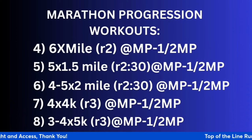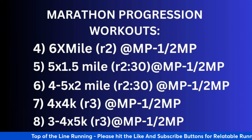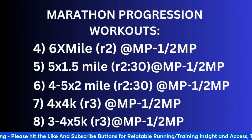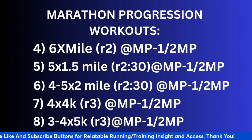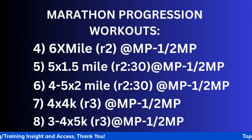Okay, so you're doing 6 times a mile with a 2-minute recovery, a marathon pace to half marathon pace progression. So it gets a little bit faster. And marathon pace is essentially maybe 10 to 15 seconds per mile slower than half marathon pace. So that's the progression here. Then you're progressing towards 5 times 1.5 miles, which is 7.5 miles worth of volume, with 2:30 recovery here. Same progression, marathon pace to half marathon